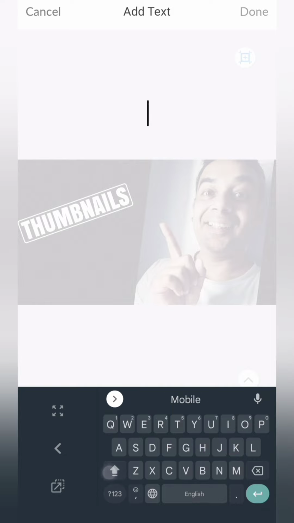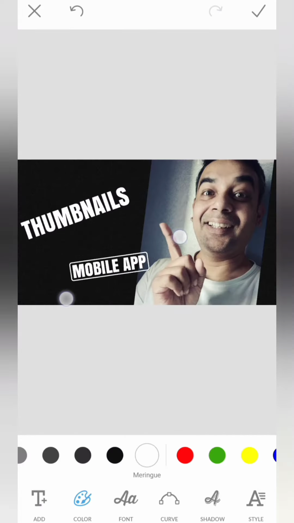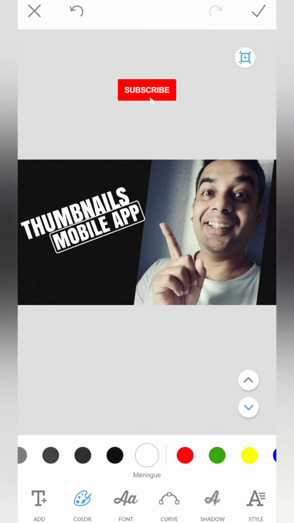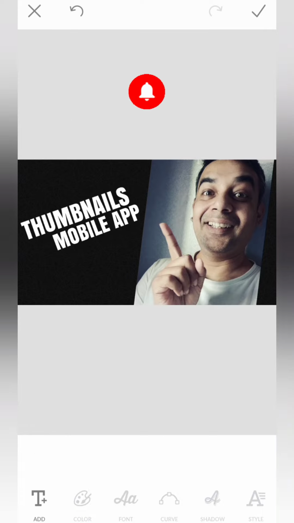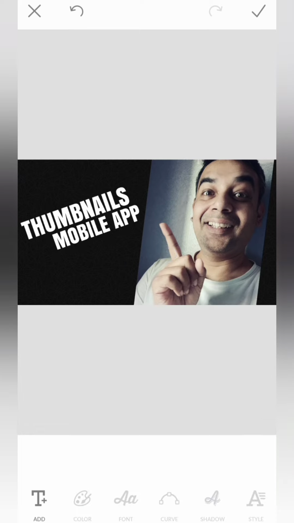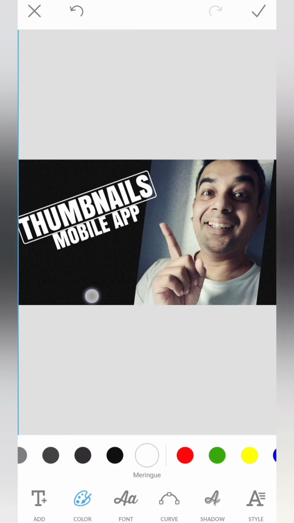Again, it should be on caps, so mobile app, okay. I'll put this somewhere below, थोड़ा सा बड़ा कर सकते हैं इसको, ठीक है। so this is my text, okay। और मुझे थोड़ा सा और एक चीज़ यहाँ पे लिखना है, इसको भी थोड़ा बड़ा कर सकते हैं एक्चुअली, नॉट टू बिग, दिस मच,